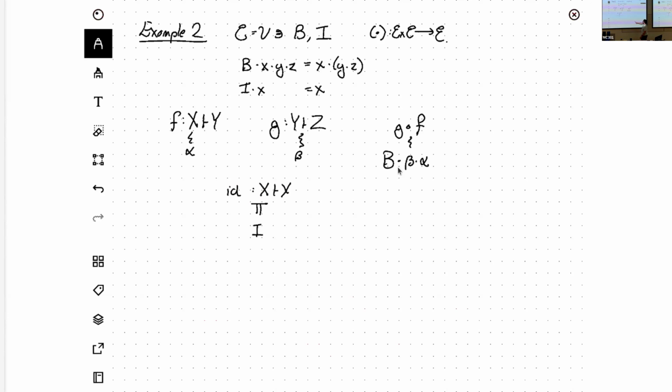Right, so any set of things which can do computation, which at least includes the B and the I combinator, we always get a category. So this is enough for a category. If we add C, the symbol upside down,